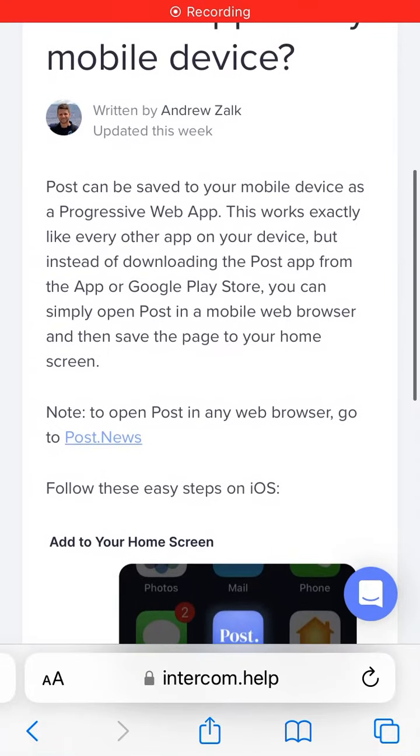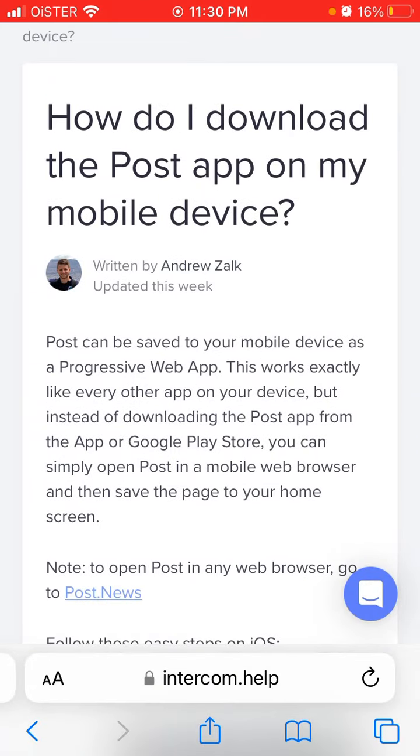Here I'm going through the Post.news app. I got access, but yeah, at the moment it's very early. It's in beta, so Post.news is available as a progressive web app, meaning it works like every other app on